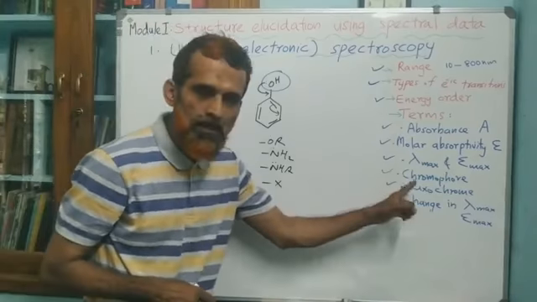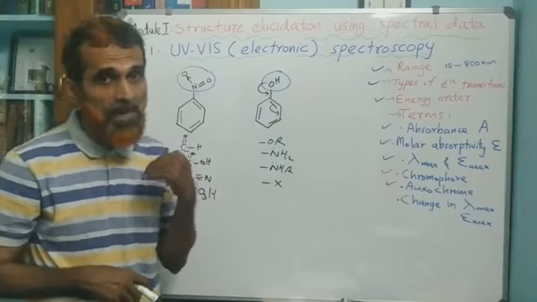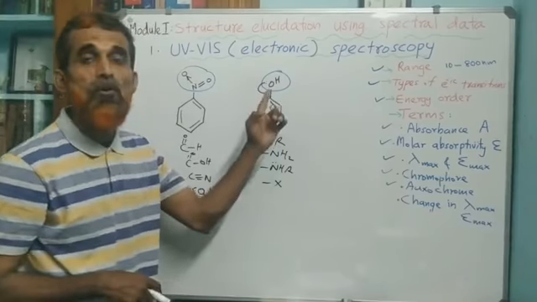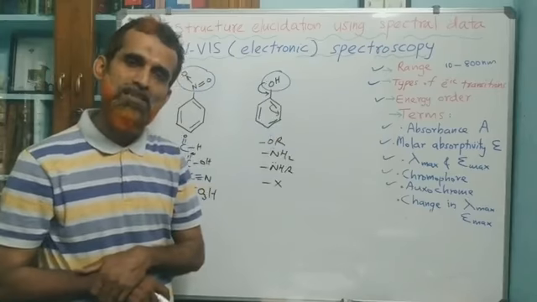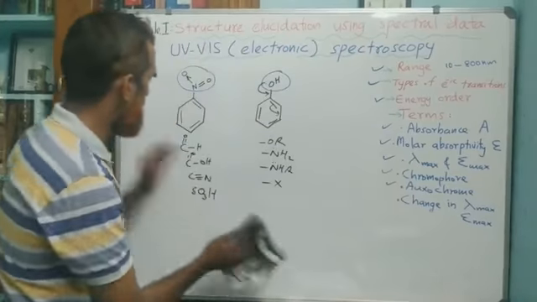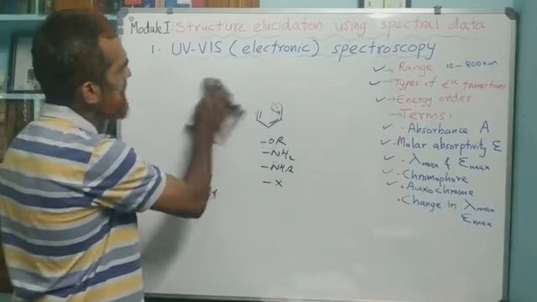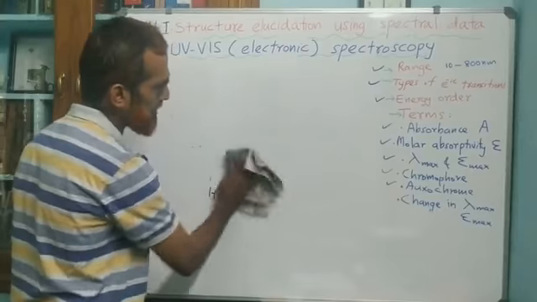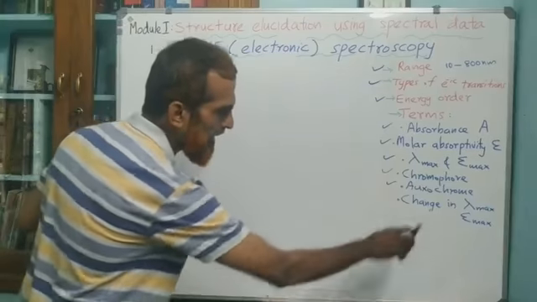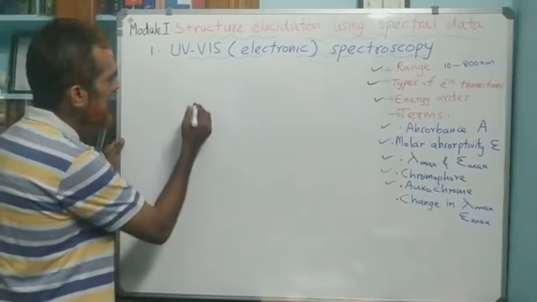These groups do not have characteristic absorption of their own above 200 nanometer, but when they come along with a chromophore, they will increase the lambda max, right? That is oxochrome. Now finally, we have to discuss four technical terms associated with the change or shift in lambda max and E max. For that, let us consider